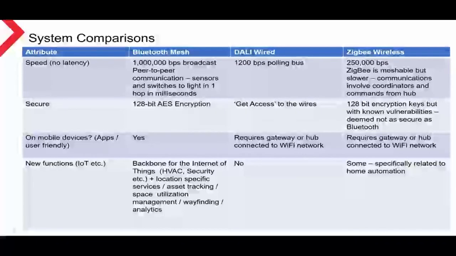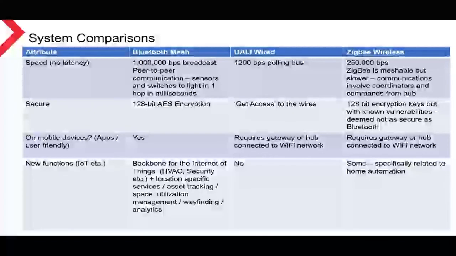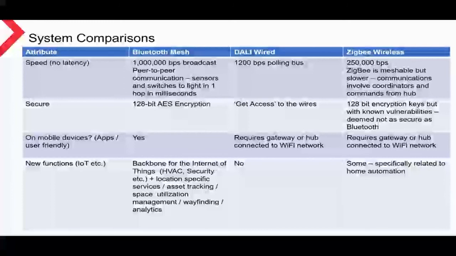And finally, a brief look at additional functions which are possible with Bluetooth, but not possible at all with DALI. Bluetooth-based lighting controls can also incorporate many other control elements. Think in terms of sharing sensors or controllers with other building functions to create an integrated building management system. Think about heating, ventilation, and air conditioning, security, like doors and windows, space utilization management, and other analytics, asset tracking,